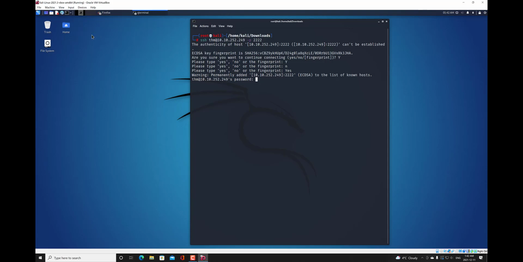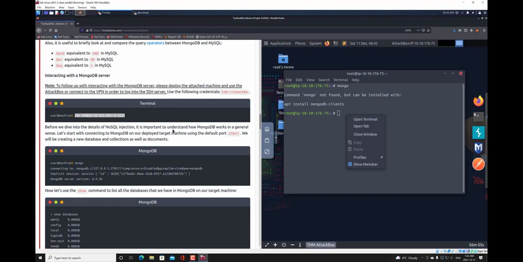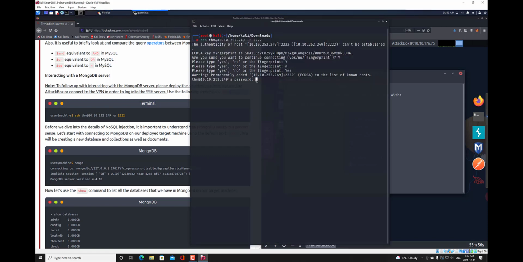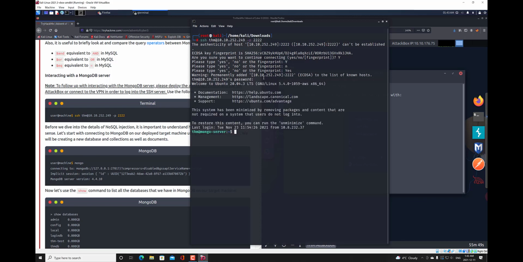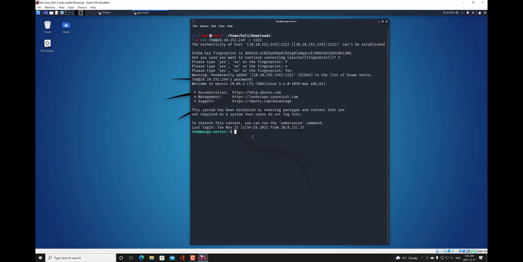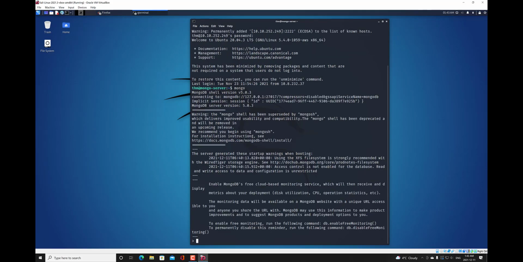So the password, let's go get the password. Password is TryHackMe. So now we're in the back end of the MongoDB server. First of all, we're going to type mongo, and that's what we're going to use to start the MongoDB shell. Then we're going to use